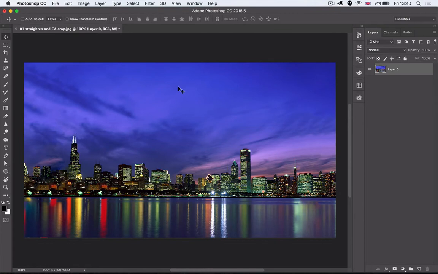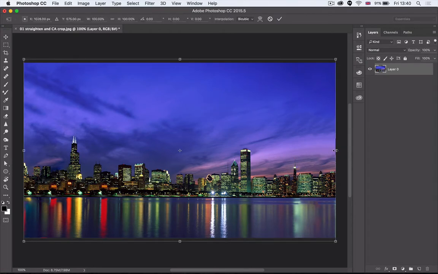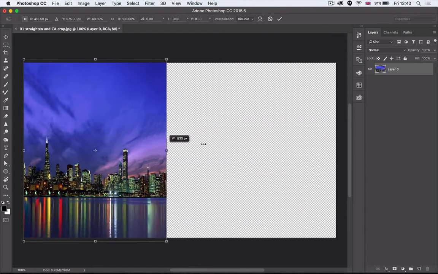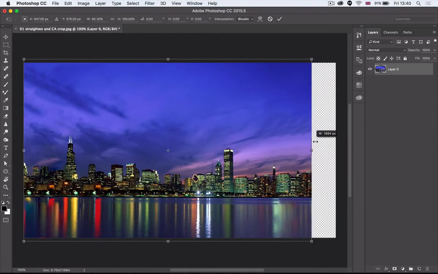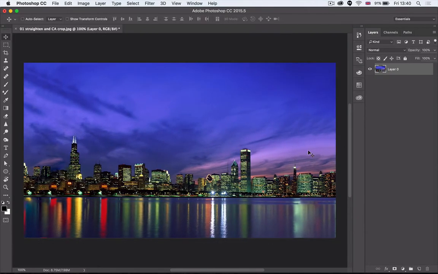Now, just to do something additional with this image. So that's what I would call a transformation. We extended the image using the crop tool and content-aware techniques. It's not the typical free transform, because when you use free transform, what happens is everything gets stretched. And there is another feature called content-aware scale, which can also be useful. But what I wanted to do here, just as a last